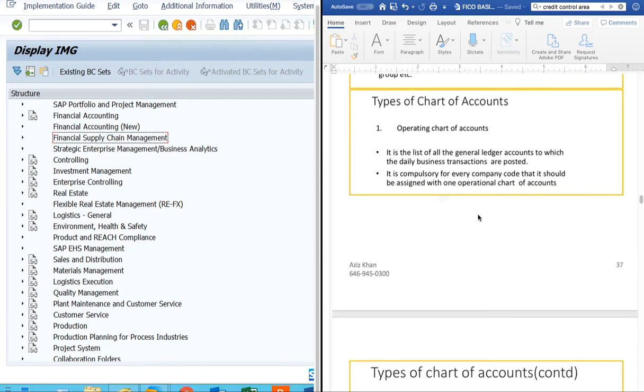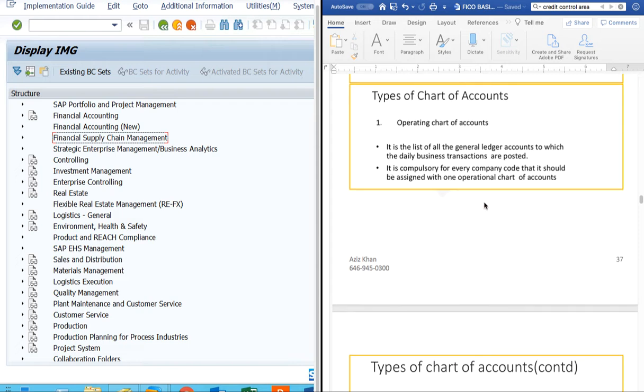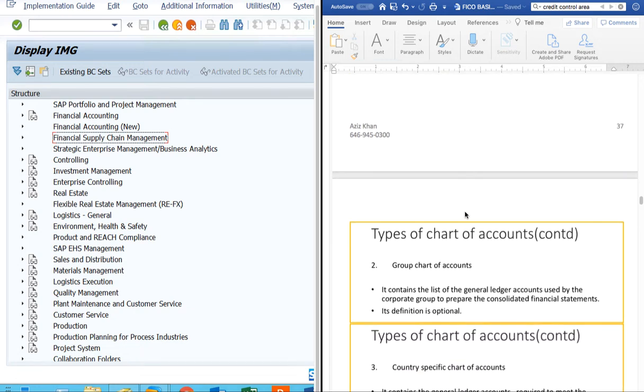So there are three types of chart of accounts. One is the operating chart of account. Operating chart of account is a chart of account that contains the list of general ledgers to which you post the daily business transactions, right? And then